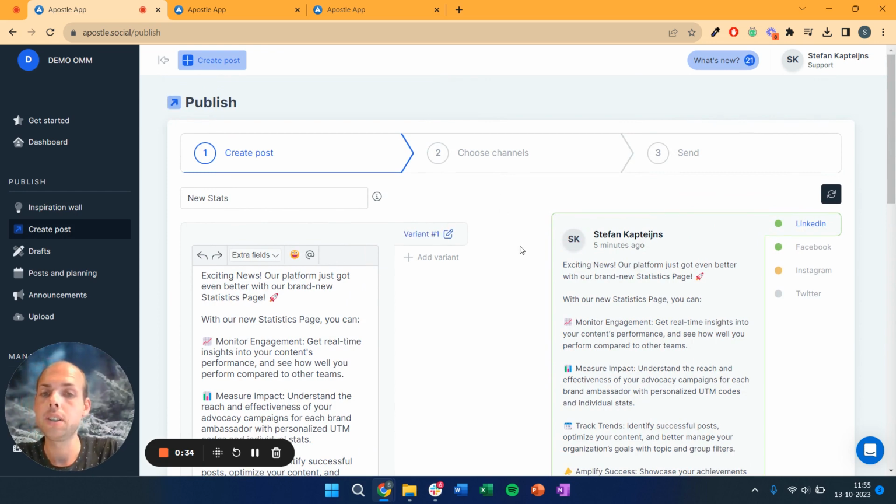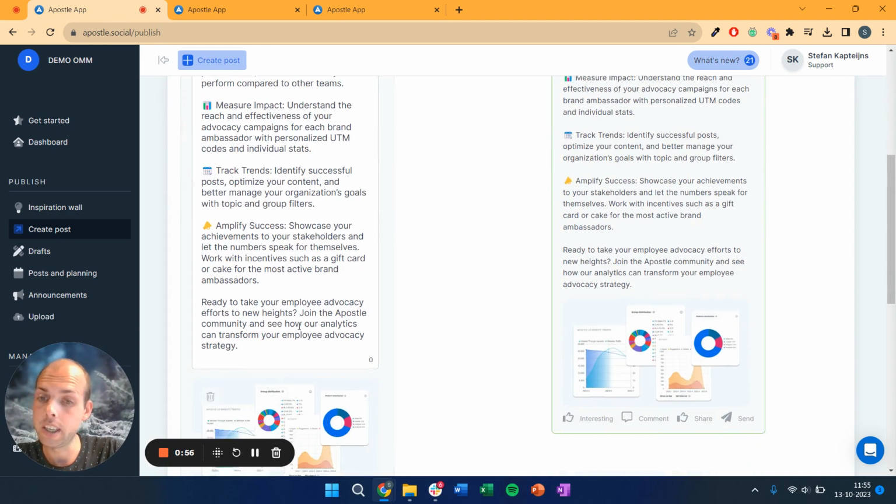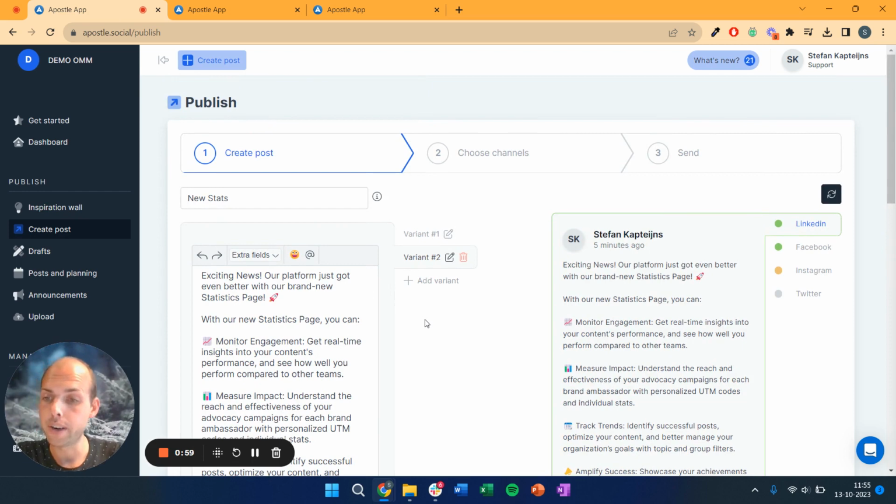So I created a post with some text and an image, and what you can do in Apostle is that you can create different variants of posts. So if I hover over the add variant, I have a couple of options here. So I can say, okay, I want to copy the current variant, for example, which will give me a copy of the post I just created, which I can entirely change to a brand new post, actually. So I can change the text, I can change the images, I can make a new variation of the post